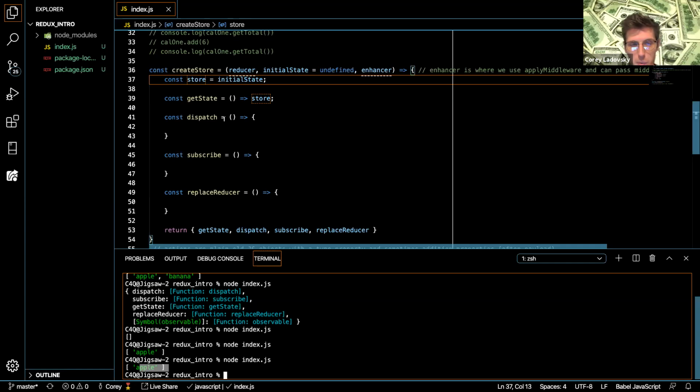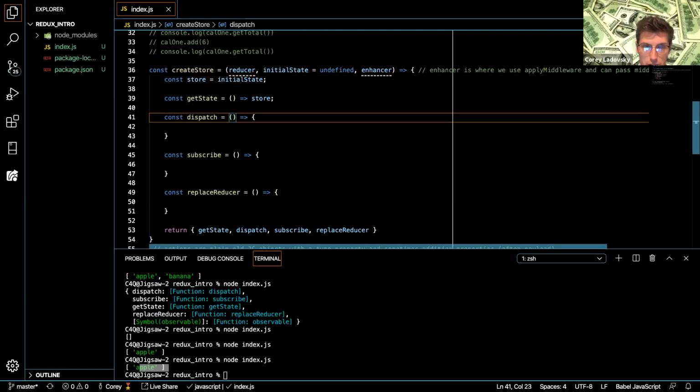So let's talk about what dispatch actually does. Because I know some people thought action creators dispatched it, right? Action creators just create the action. So they're just creating these objects. Now dispatch is pretty cool. Dispatch is going to pass this action to the reducer. It's going to call the reducer. So what dispatch does is it takes in an action